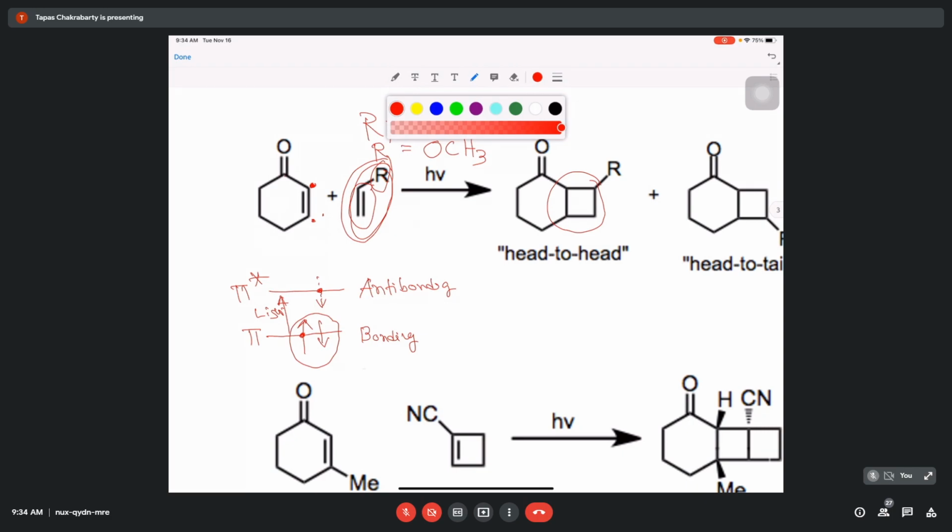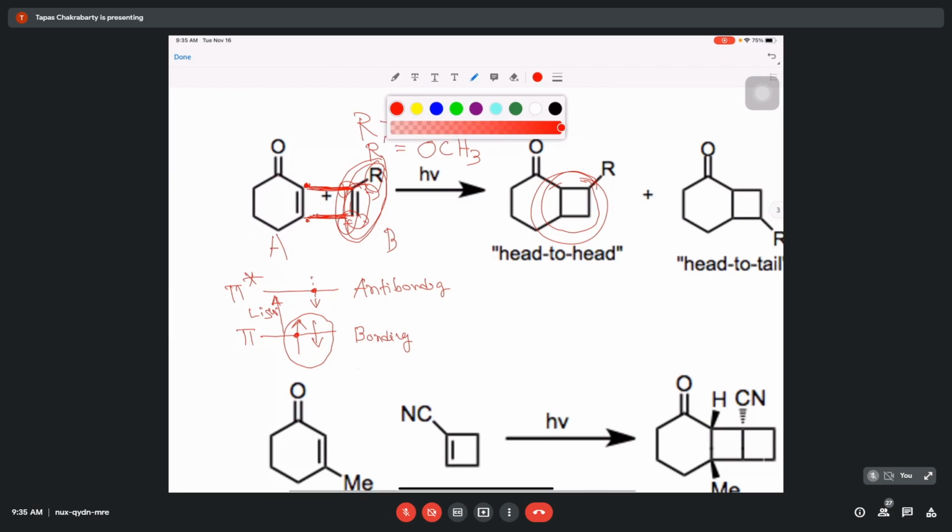So what can happen is that it consists of these two p orbitals, again with plus, minus, plus, minus. So this pi electron and this p electron can form a bond. Now instead of this pi bond, it can produce these two sigma bonds like here, and this kind of compound can be produced. Okay. So this is the basics of the photochemical reaction. This is called the 2 plus 2 addition. 2 plus 2 in the sense that 2 pi electrons of molecule A and these 2 pi electrons of molecule B combine and produce a cyclic compound.